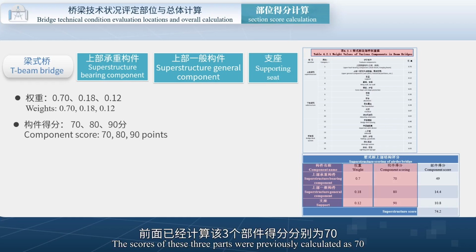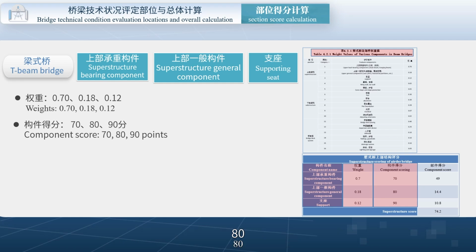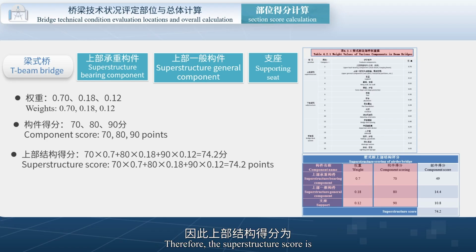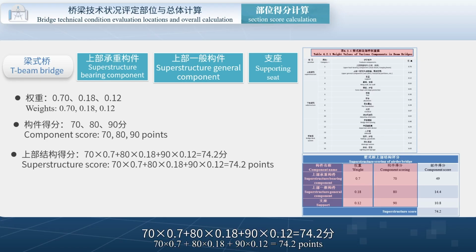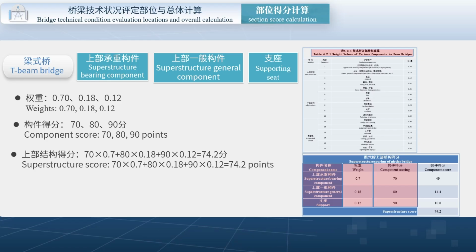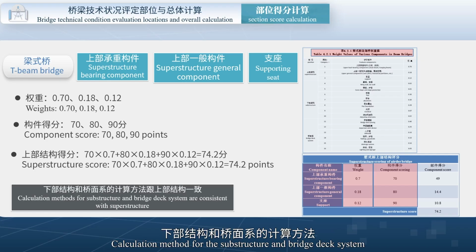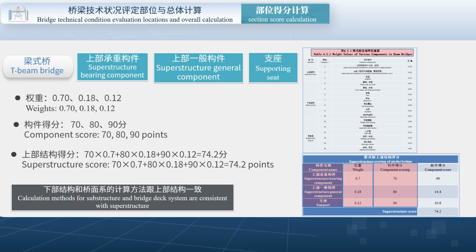The scores of these three parts were previously calculated as 70, 80, 90 points. Therefore, the superstructure score is 70 multiplied by 0.7 plus 80 multiplied by 0.18 plus 90 multiplied by 0.12 equals 74.2 points. The calculation method for the substructure and bridge deck system